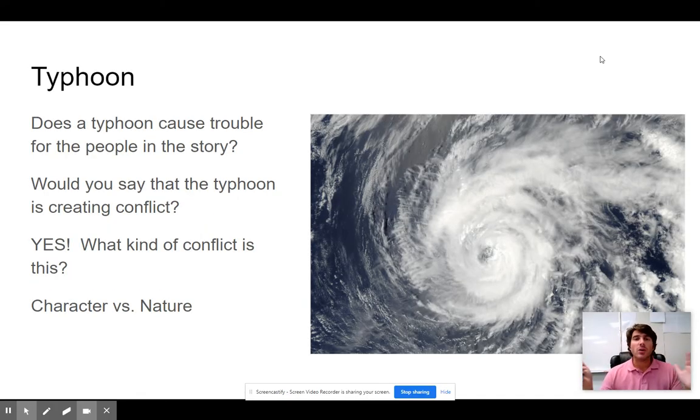Here we are in SoCal. We have to worry about earthquakes every once in a while, but I have never had to deal with a typhoon. Heard of hurricanes. I've seen and heard of them on the news. I know some of my students who have come from the Philippines before. They've had to deal with typhoons quite a bit.